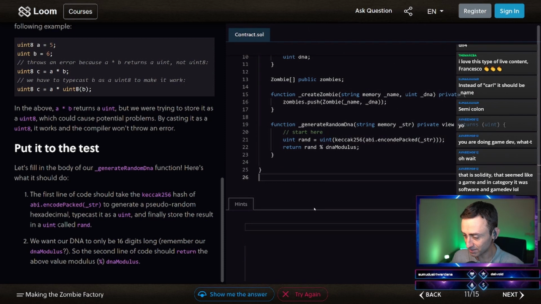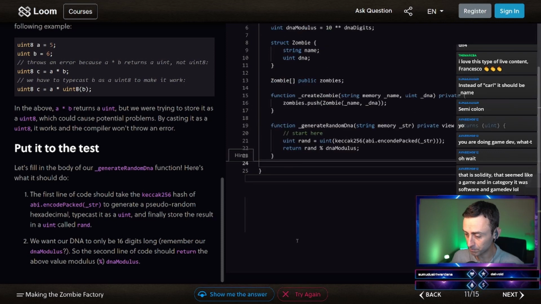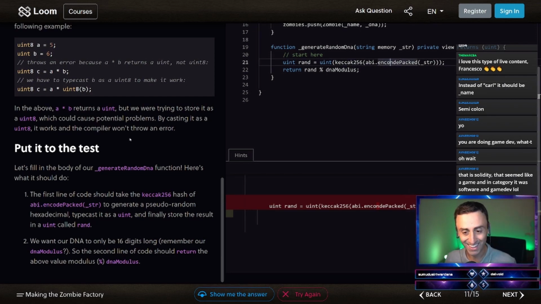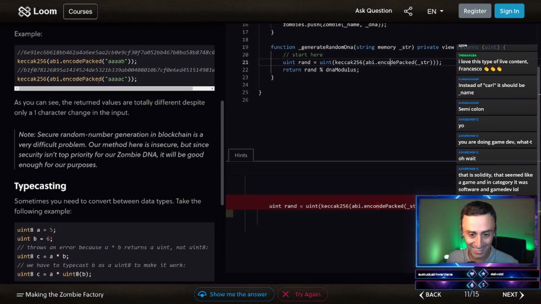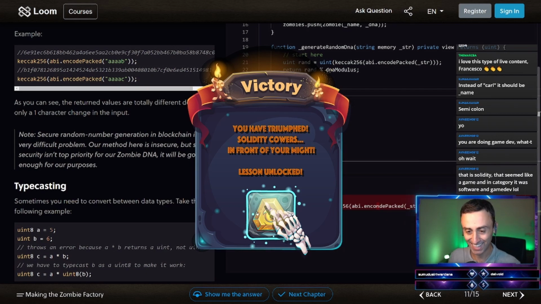Let's try again. Why can't I spell encodePacked? Okay, nice. Now I'll remember the name of this function forever.